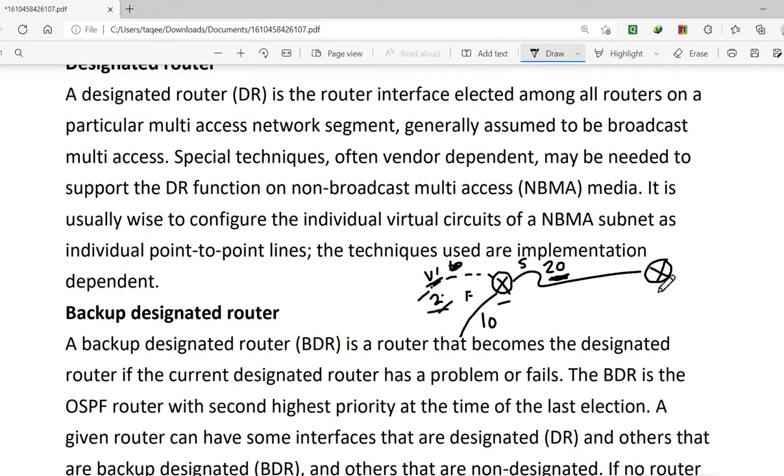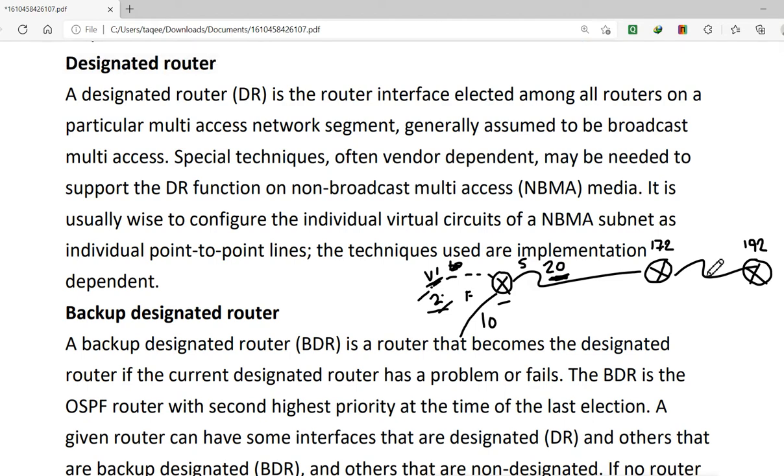Now we have other routers here also, and they have their own router IDs. For example, this one has 172 as its maximum router IP address, router ID, and that router has a router ID of 192 on the physical interfaces. So we can decide who will become the DR.